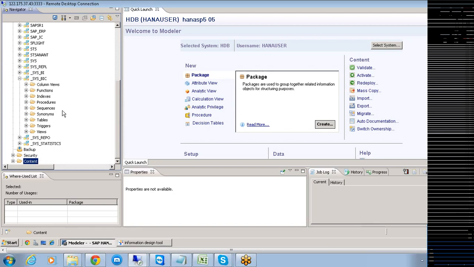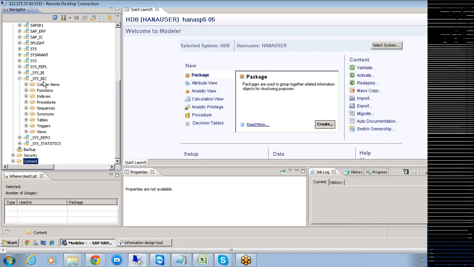Okay, so far in the industry, HANA is exposed to 3 reporting tools for your reporting and analysis. One is your Crystal Reports, the second one is your Business Objects, and the third one is your Microsoft Excel. These are the 3 places where your reporting is exposed. And apart from that, if you want these modeling views to be exposed to the reporting tools like Business Objects or Crystal Reports, for every modeling view you create, a separate column view is going to be created.